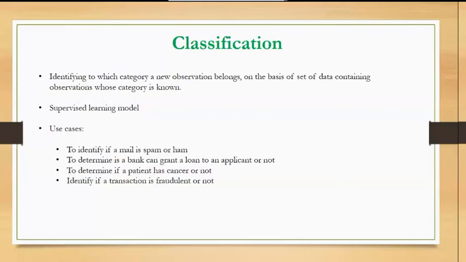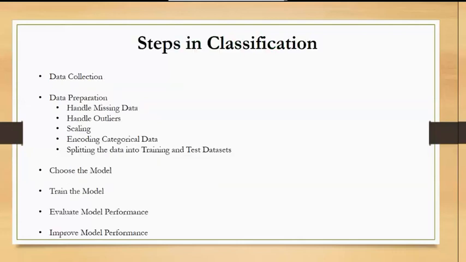Let us get into how we go about the classification. These are the steps to be followed. It's broadly classified into 6 general steps. The first one would be data collection. You would need to identify the right predictor variables or independent variables, and you should ensure that you have sufficient data with reasonable quality. The next step is data preparation.